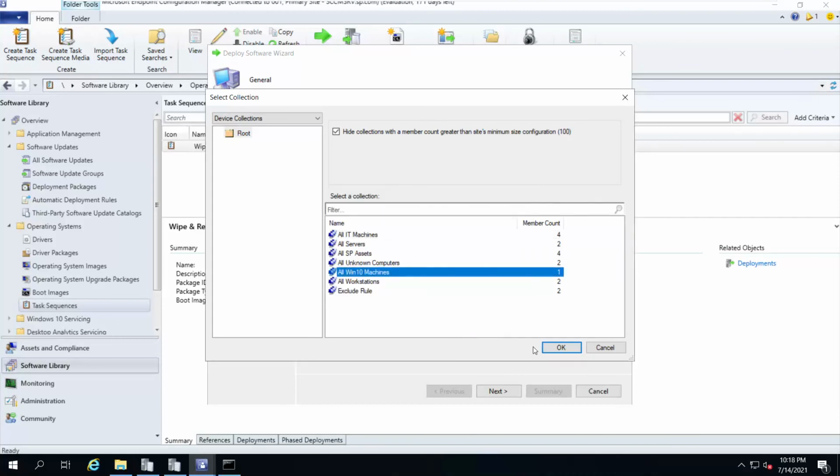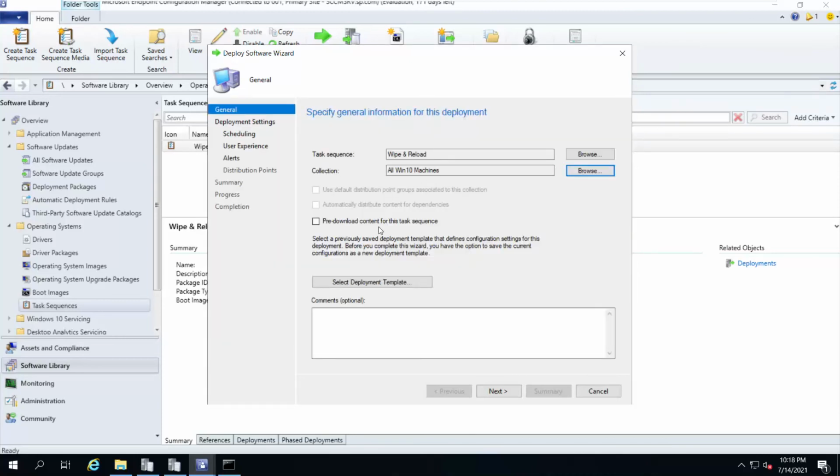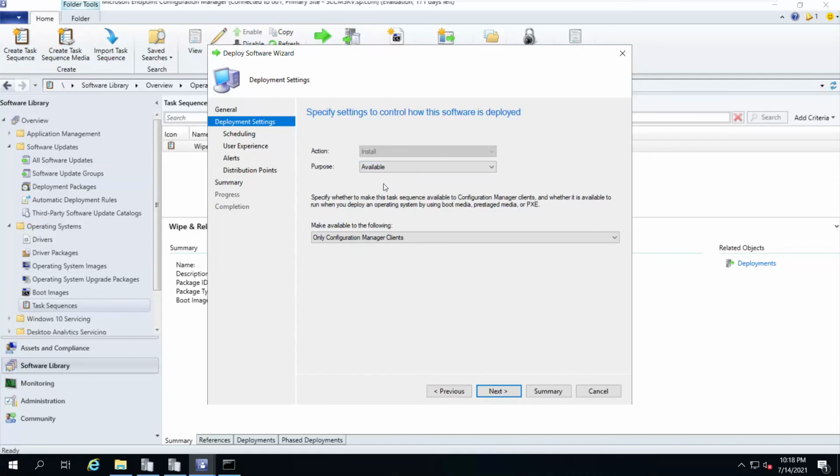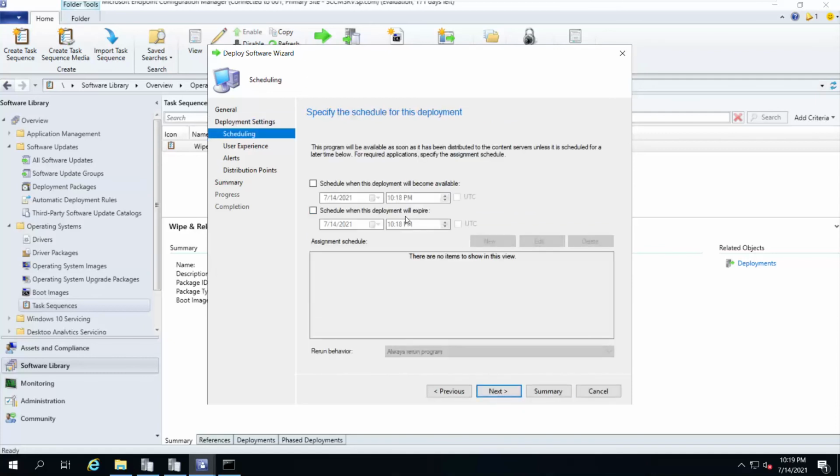I'll say Windows 10. Okay. And I won't do anything here. We'll go next. So I'll make it available only to configuration manager clients. So you can select accordingly depending upon your bare metal and upgradation. In bare metal and upgradation, you should go with the second option. At present, I'm going with the first option only, the default option.